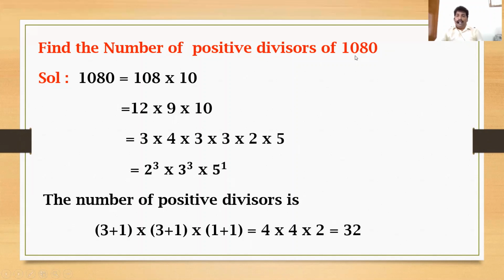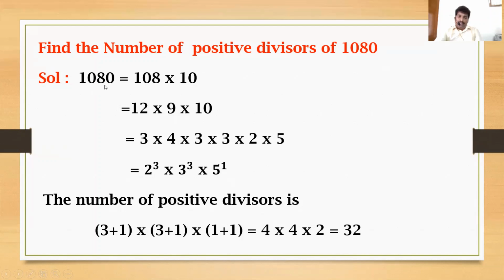Here the number given is small, so easily we can write. Suppose number of divisors of 24 is the number given. So we can write 24 as 2 cube into 3. So 2 cube into 3, so 8 3s are 24, power 3 is there, and here 3 power 1 is there. So 4 2s are 8 factors you'll get. But if the number is very big like this 1080 or 10800, we should follow this method. If you use this method, easily we can find number of positive divisors.